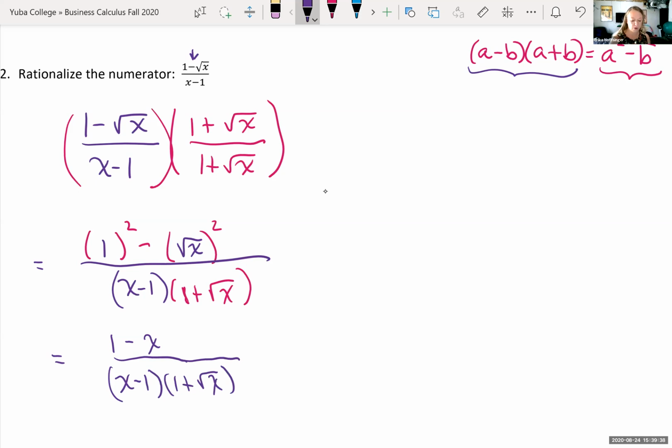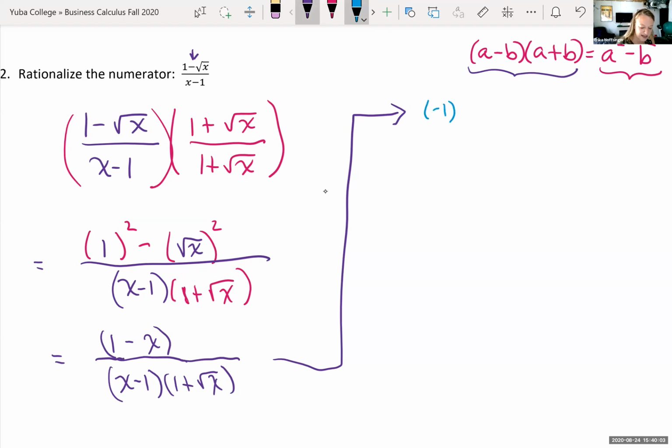Okay, we're not quite done. I noticed that if you look at our numerator, 1 minus x, that binomial almost looks identical to x minus 1. All they're off by is a negative sign. So if I factored out a negative 1 from the numerator, that would give me negative 1 plus x, but I'm going to rewrite negative 1 plus x as x minus 1,